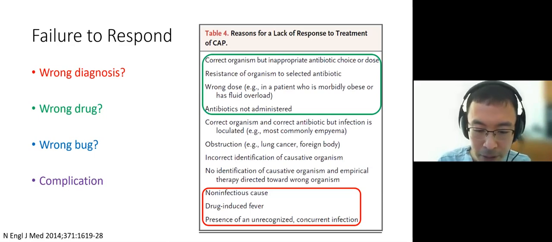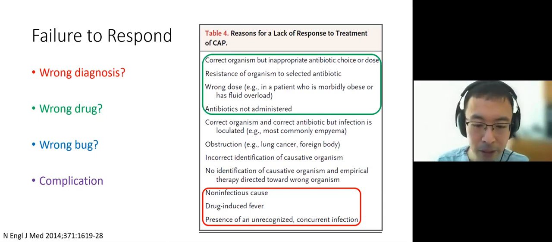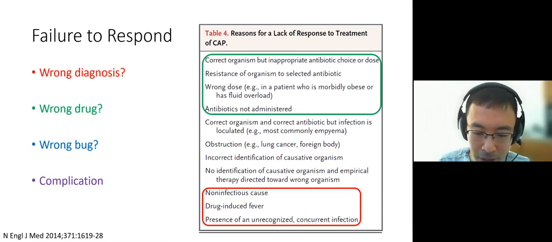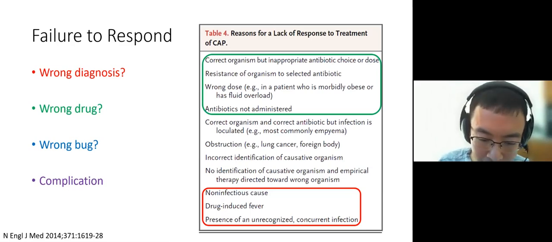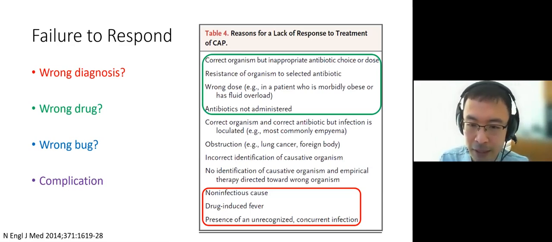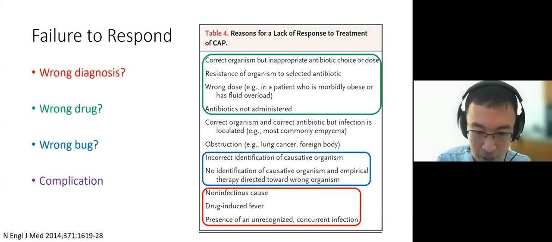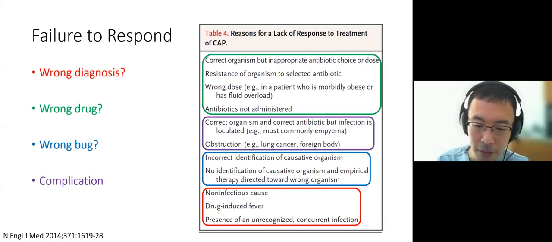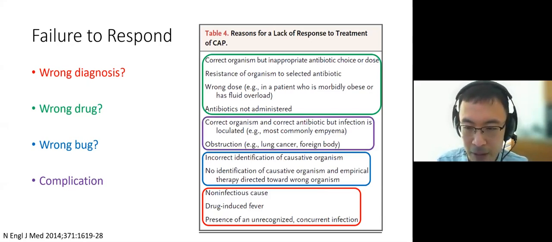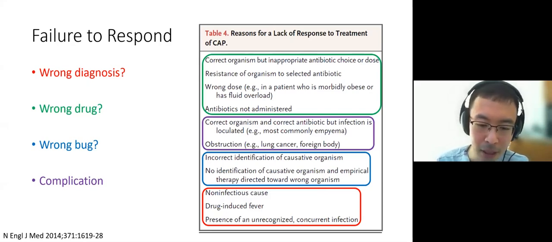Number 2, are you using the wrong drug or are you underdosing the right drug? For example, are you using azithromycin in an area where macrolide resistance is very high? Number 3, are you targeting the wrong pathogen? For example, are you treating a true bacterial pneumonia with oseltamivir, thinking it might be influenza? And finally, number 4, is there a complication of pneumonia, like a lung abscess, empyema, or some obstructing tumor? So be sure to go through this thought process so you're not missing something critical.